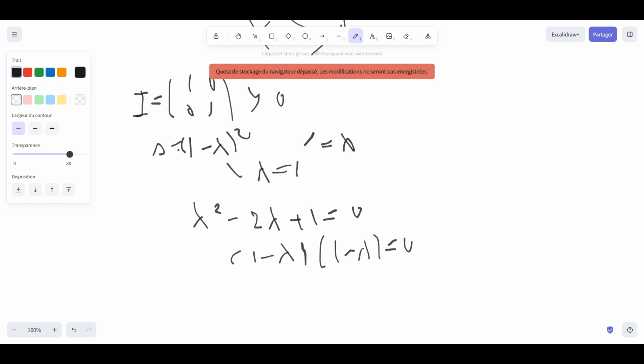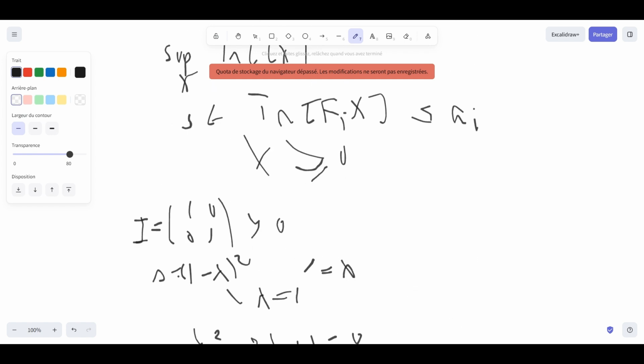And so you have those equations to solve, and you see you have lambda 1 equal 1, and lambda 2 equal 1. And so yeah, you have this, and just to try to demonstrate it,